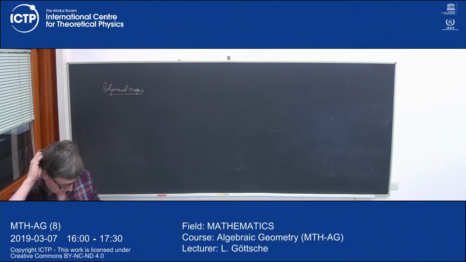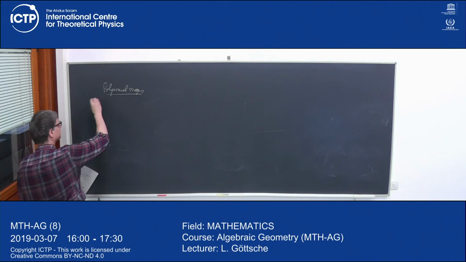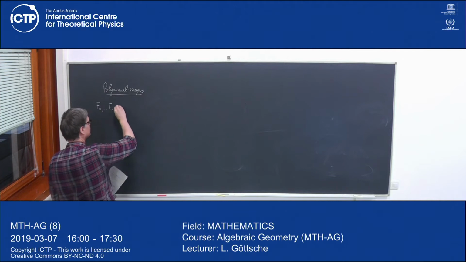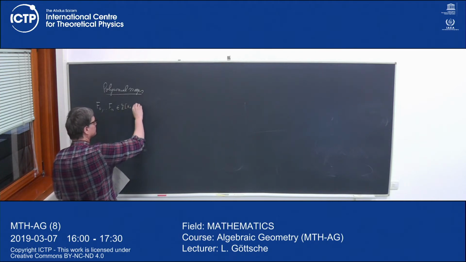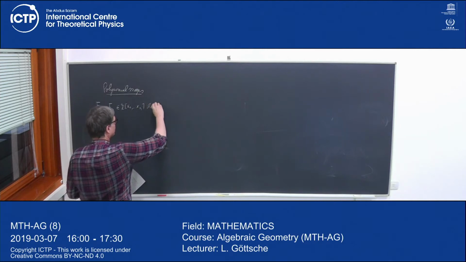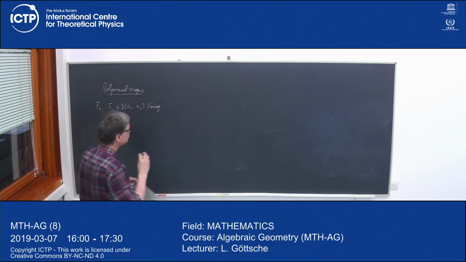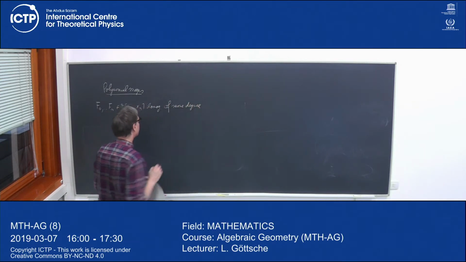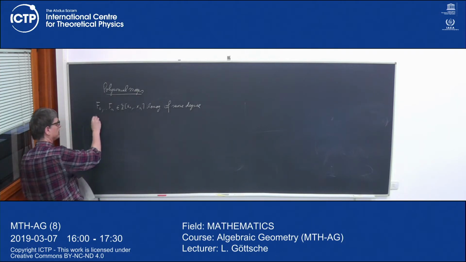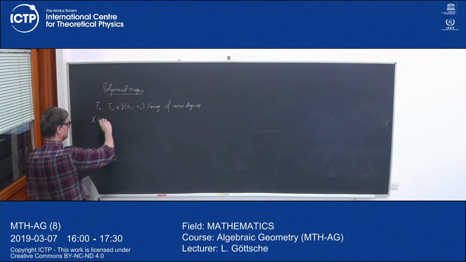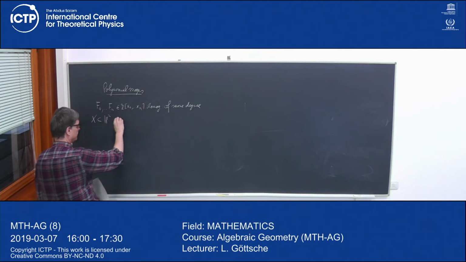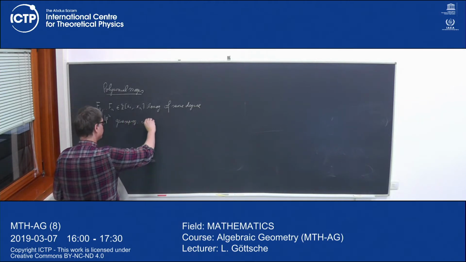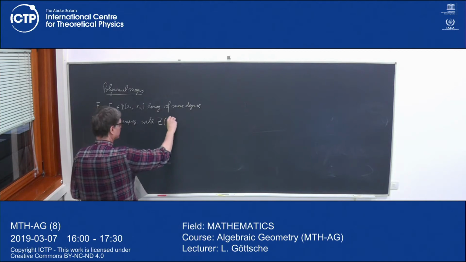But just as I'm using this, I'll say: if f0 to fn are homogeneous polynomials of the same degree with no common zero, and X is a quasi-projective variety,